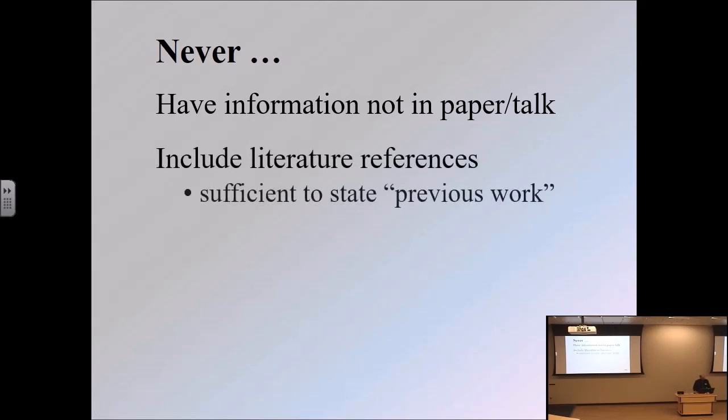Okay, don't include literature references. Remember, typically the abstract will have to stand alone at some point in time. A literature reference where you would cite, Bob Hill et al. in his 1982 paper, and we say, okay, I have no idea what that is. What paper is that? It is sufficient in writing an abstract to simply say previous work is shown. You're going to give the paper later on, either in the presentation or in your article publication. You're going to give the citation, so you don't need to worry about giving it in the abstract. Just say previous work. You're establishing this is work that's been done that I'm building off of.